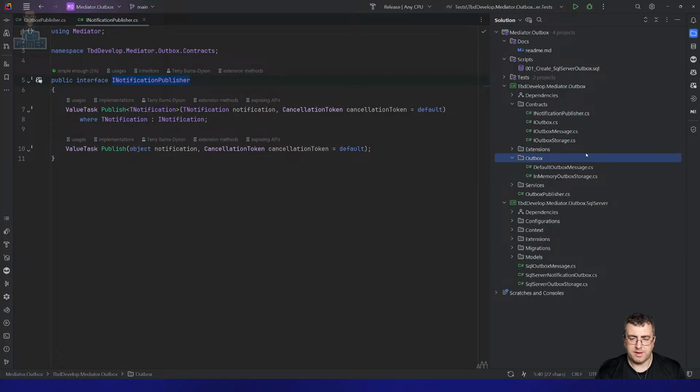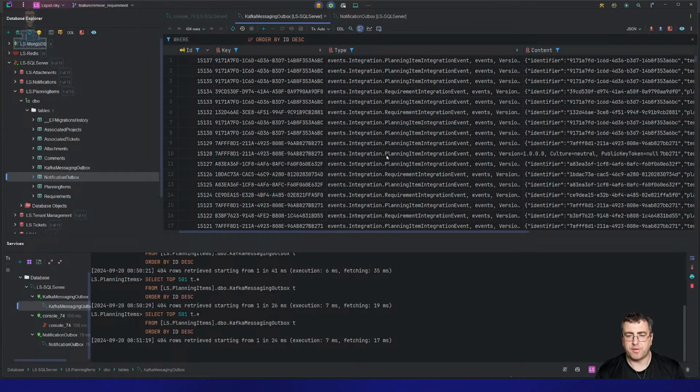Mediator Outbox is a wrapper around mediator to be able to store the messages so that I disconnect processing of those events from the actual thing. What that means is once I've got the event serialized into the data store,